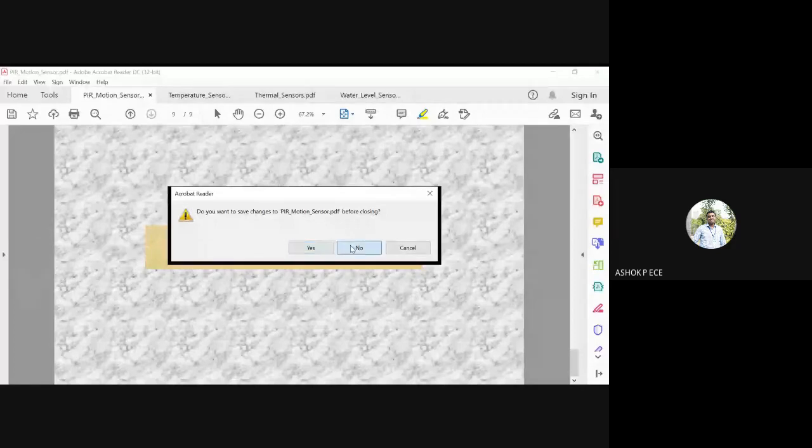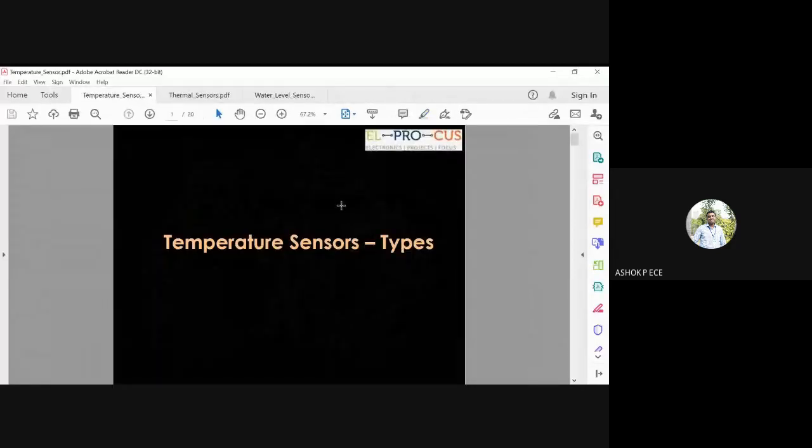Now we are going to see the temperature sensors. Temperature sensors are required in our house to monitor the home temperature, and accordingly you have to trigger some action to reduce the temperature. In the summer season the temperature will be very high, so you have to either turn on the AC, or open the window wider to let air come in and reduce the temperature. Temperature sensors are predominantly used in smart homes to periodically monitor the temperature and take actions accordingly.